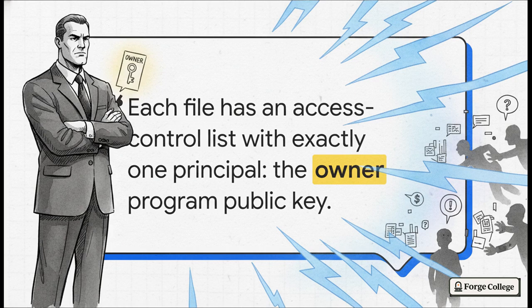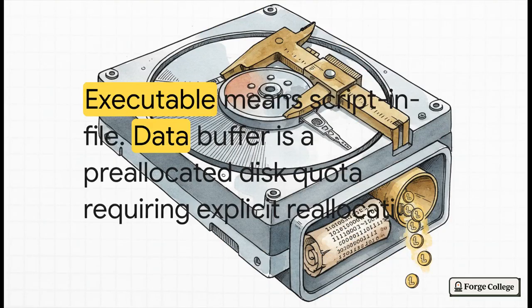If literally any other program tries to mutate that account's data buffer, the runtime immediately rejects it. No exceptions, no arguing with the bouncer. It enforces a super strict capability boundary that is exactly what makes the network so highly secure. Finishing up our cloud metaphor here, if that executable flag is set to true, it means our cloud file contains